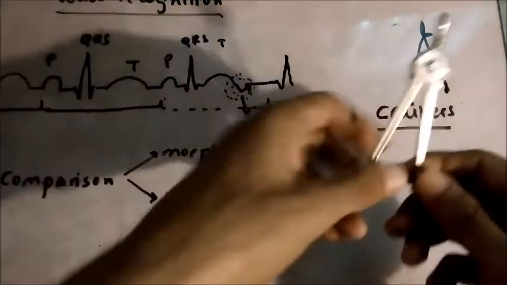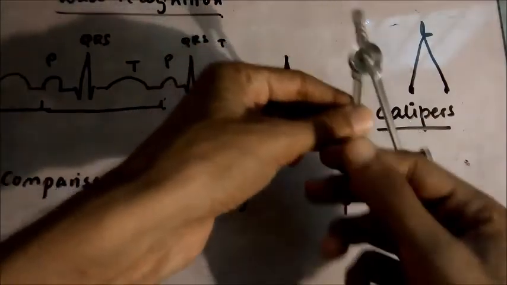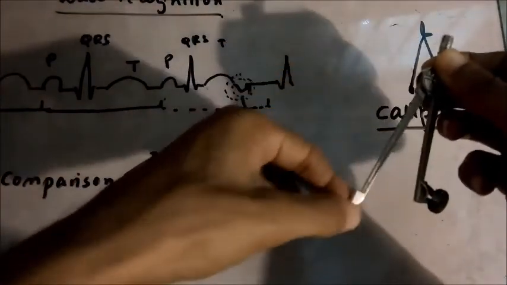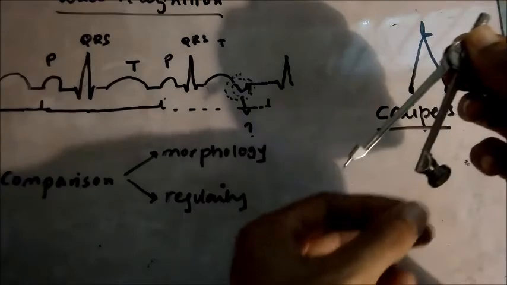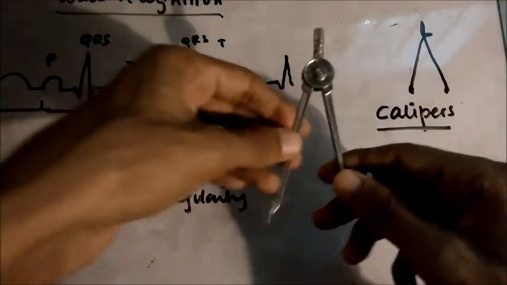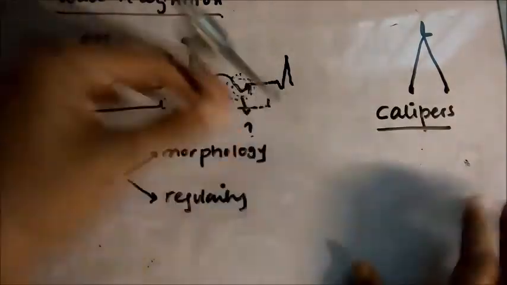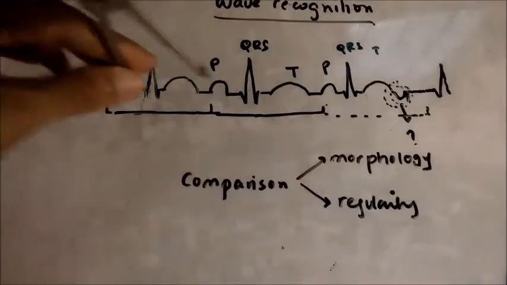Now, what are calipers? I don't have a caliper right now. This is basically a compass, but you can just imagine that a caliper has two of these pointed things. I'm sure you would have seen it. And so basically, if you have this, it becomes very easy actually to find the regularity, because you can just